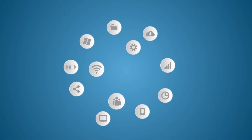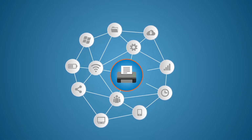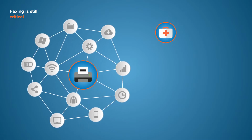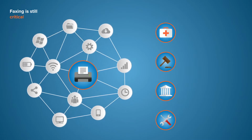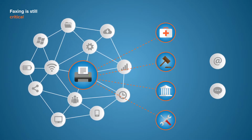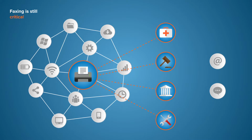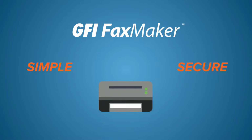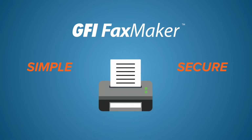Even in today's fast-changing technical landscape, faxing is still a business-critical requirement. Regulated industries like healthcare, legal, government, and manufacturing rely on traditional fax machines over email and message platforms because fax communications are more secure. Introducing GFI FaxMaker, a simple and secure faxing solution that replaces paper faxing with an efficient